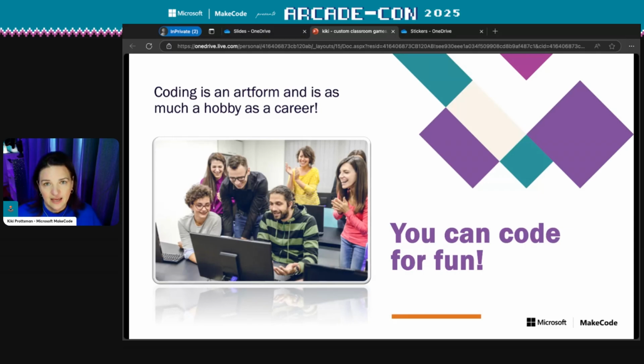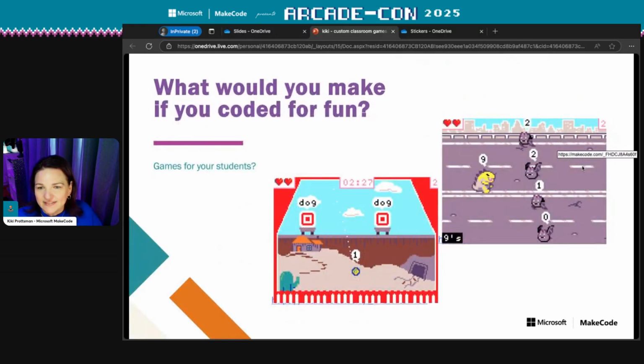Think about making games for the English teacher. I've heard so many teachers complain about how the big game houses don't really understand what they need in their classroom. Well, you do. So if you want to play around with Arcade, if you want to learn how to make games that your students could then take to learn more about math, to learn more about spelling, to learn more about history, it's completely possible. And it doesn't take that much, and it's absolutely free. So we're going to dig into that a little bit.